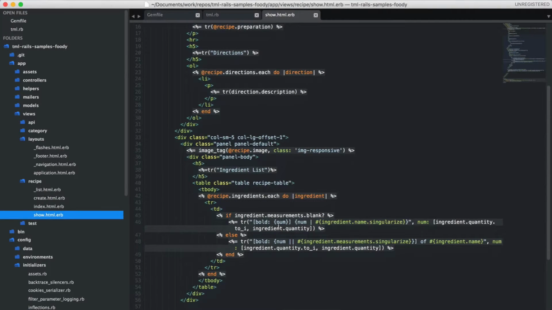Here's something more interesting. We go through the measurements for the recipe, and we have a lot of numbers and count. You can see here some bold num. Num is a token that we pass through, and the number is passed through the application. And bold is a simple view of the number in bold. So instead of wrapping it in an HTML strong tag, you can just say bold, and our application will know, okay, that's just an HTML tag.